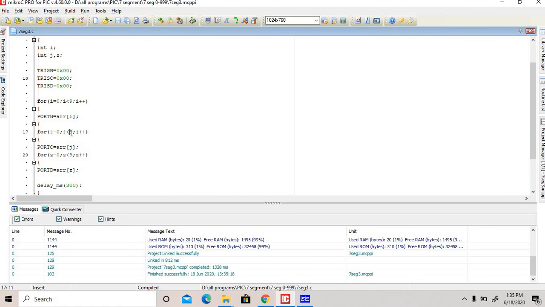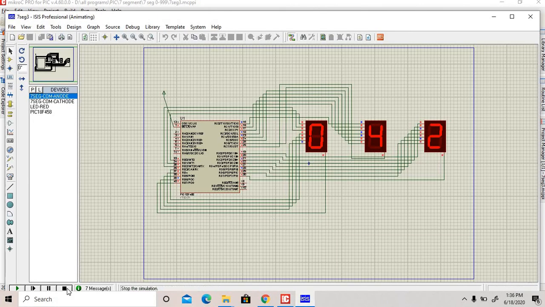Here also you have to use greater than or equal to, greater than or equal to, and greater than or equal to. Okay, when this program operates 0 to 9 means 10 times, then build it. Stop, then run. Okay, then 1, this whole program operates 99, then this value will be 1, then again 0 to 99. This whole program operates 000 to 999. Okay, yeah. Thank you very much.